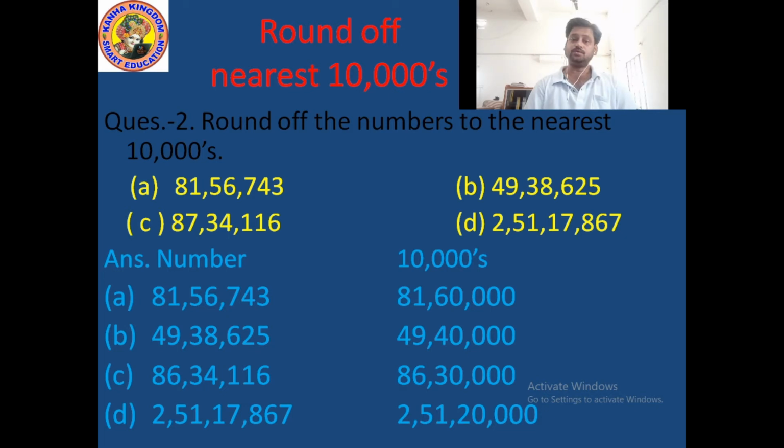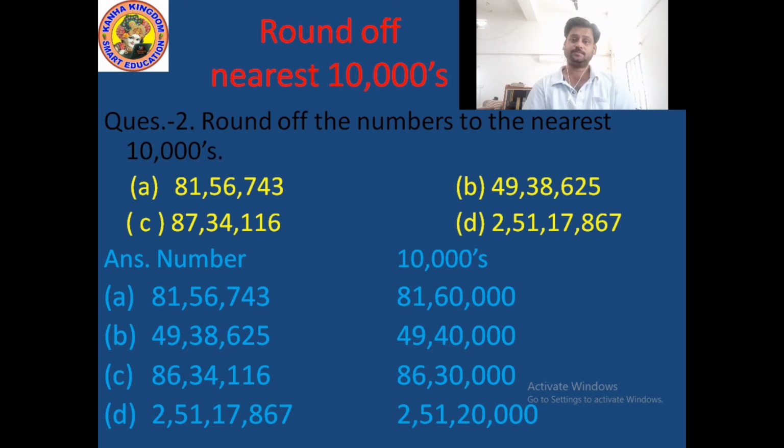So you all know when the 1000 period starts. Just after 1 comma, the 1000 period starts. And just after 1 comma, which place value? Yes, 1000 place value. And after the 1000 place value, the 10,000 place value. So which digit is in the 1000 place? 6 is in the 1000 place. And after 6, 5 is in the 10,000 place.